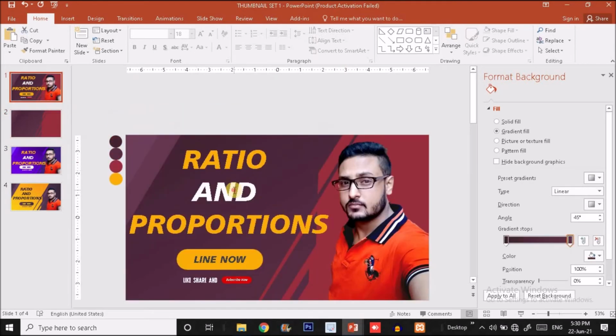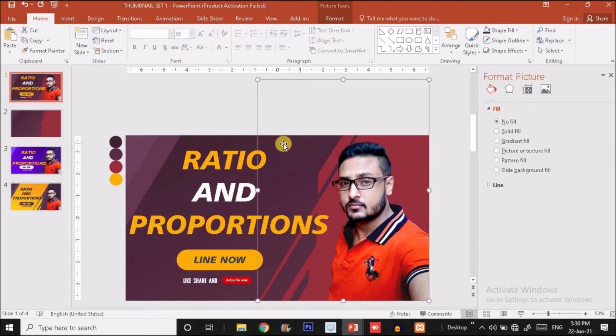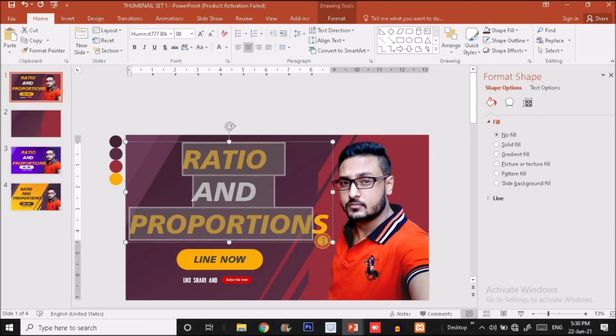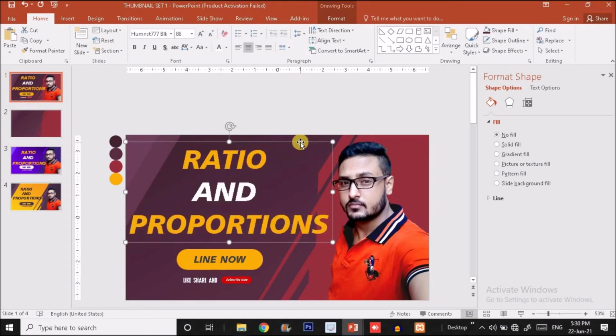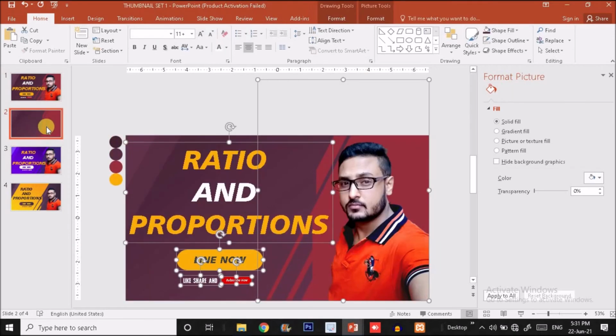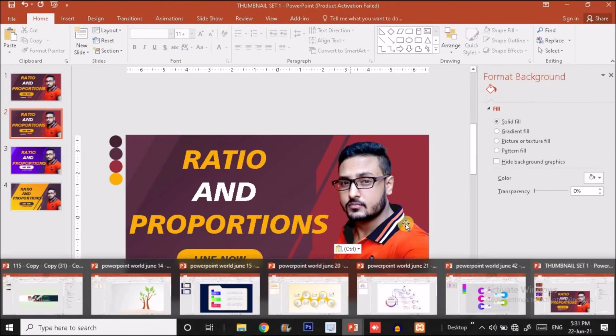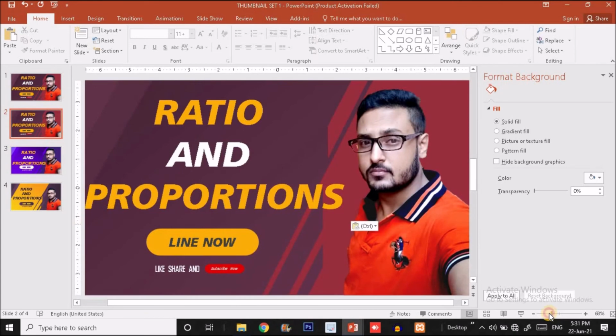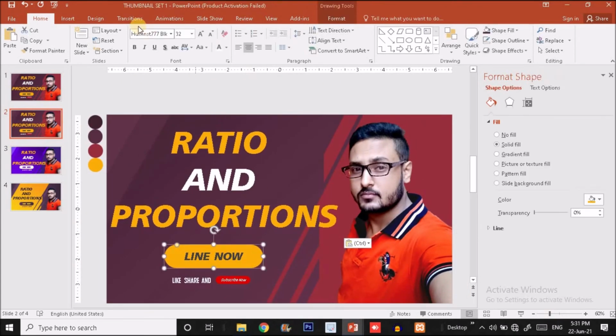Now what I'm going to do, I will copy all this text. Here you can add your subject name, ratios and proportions. If you are an educator, then you can write here ratios and proportions or any topic's name. So just copy from here all these shapes. I will explain how to create these shapes as well as the pictures, and paste it over here, guys. Now you can see how it's looking, guys. It's looking so pretty. And let me explain to you how I have created this.